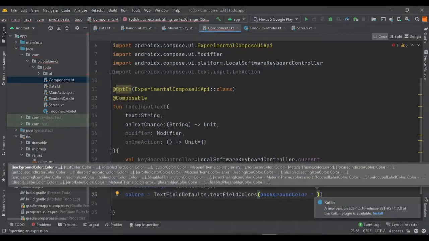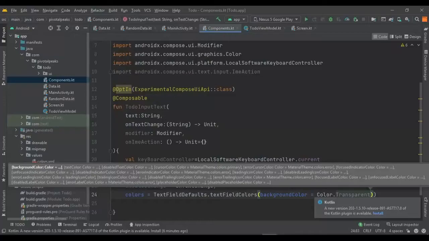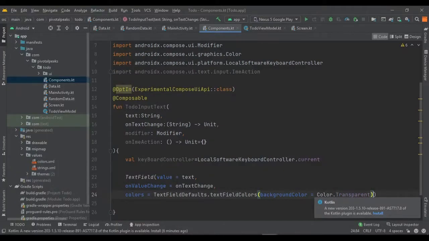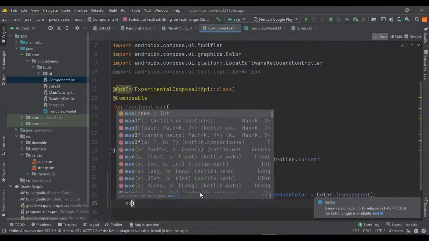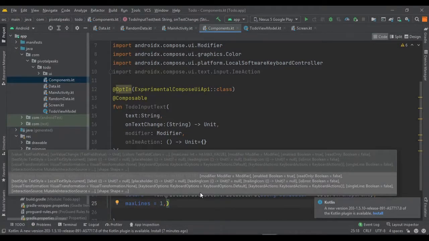So we are going to choose the transparent color. We can assign it color dot transparent. Then we need another parameter for max lines, so we can give it a 1.